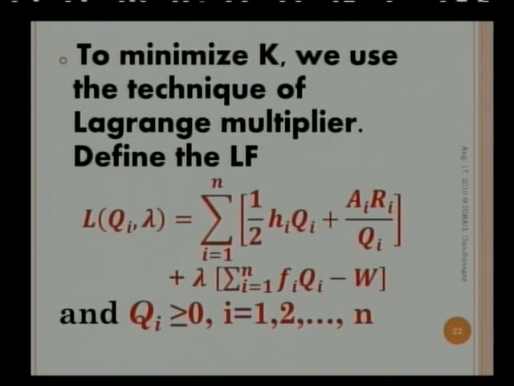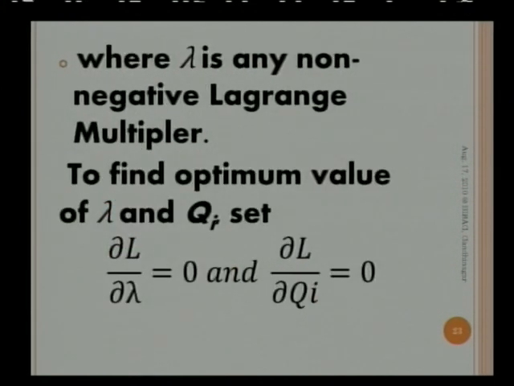So use the technique which you have studied in second year BSc, that is Lagrange's method. Using this method, we formulate a new function called the Lagrange multiplier function as follows. The Lagrange function will be of the decision variables Qi, where i is equal to 1 to n because we are holding n items, and the Lagrange multiplier lambda. That is the sum of the total cost K plus lambda times our constraint, sigma Fi Qi minus W,